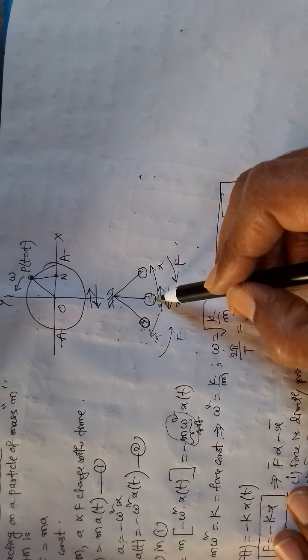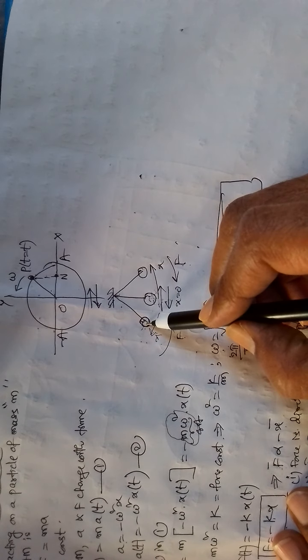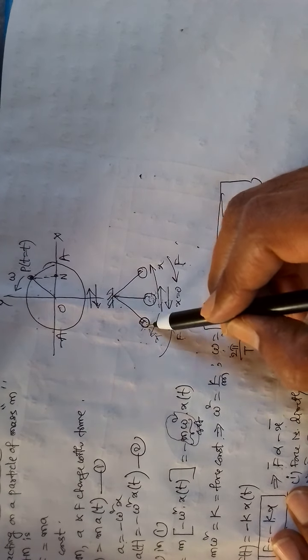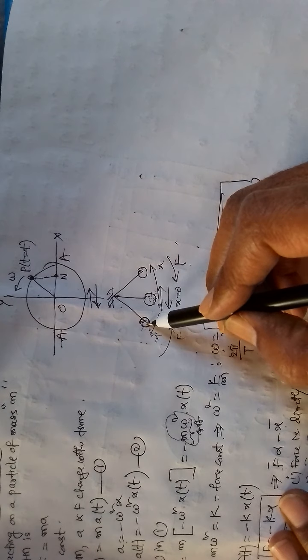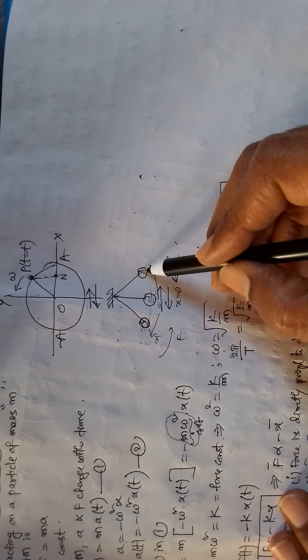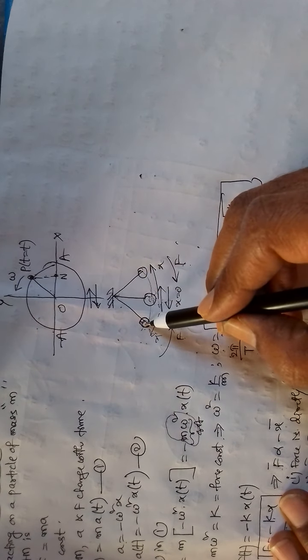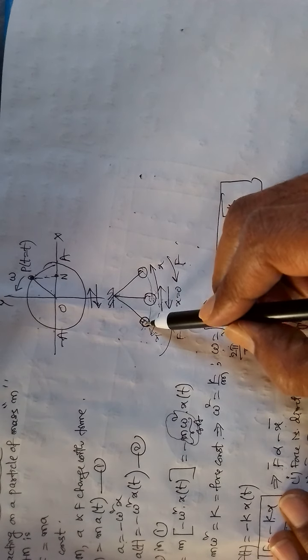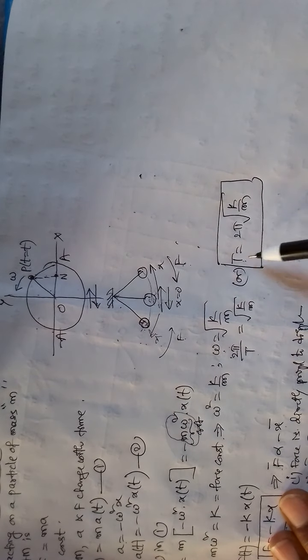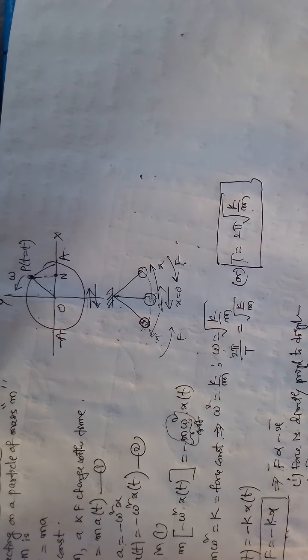Here also, in the simple pendulum, it has started from the left extreme position. Now you have started a stop clock. It is moving to the right extreme position and came back. So the time taken to come to its original position is called the time period, and further this is the expression.